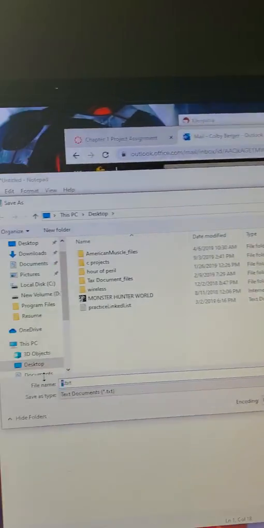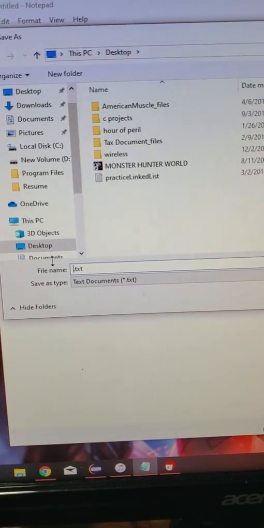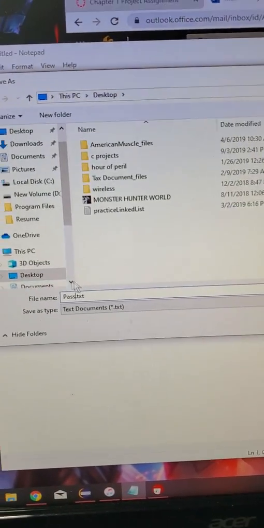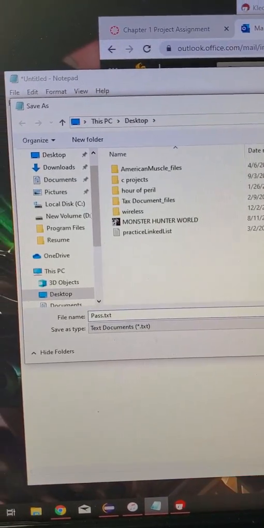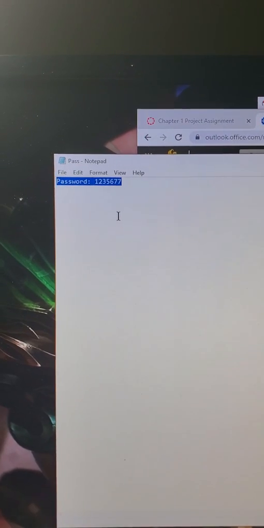So what he's going to do is save this file as a text file, which is going to be automatic right here. It's going to be .txt. It's going to automatically do that once you try to save a Notepad file. And he could say password or just pass, anything he wants. He wants to save it. So the most important thing is you want to highlight it,